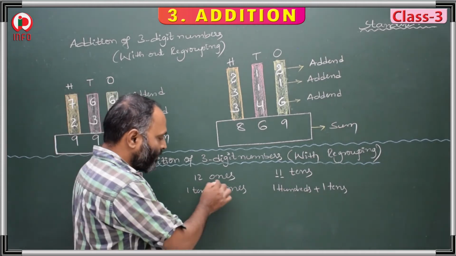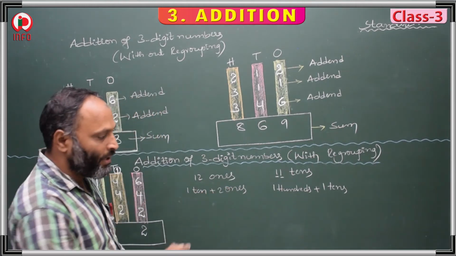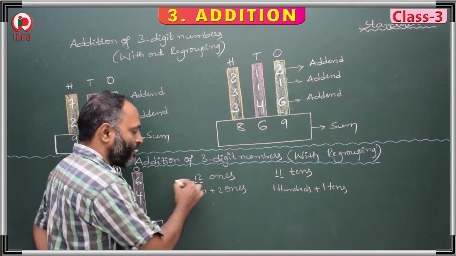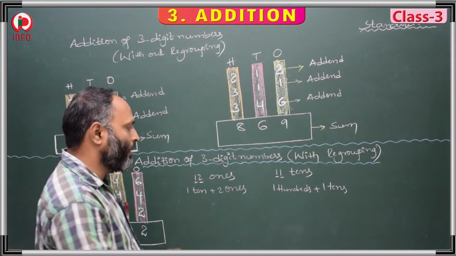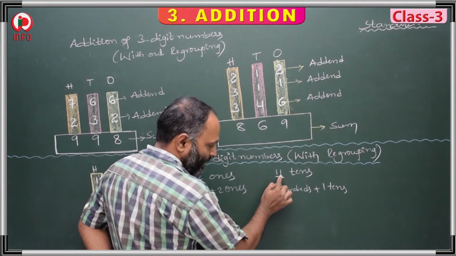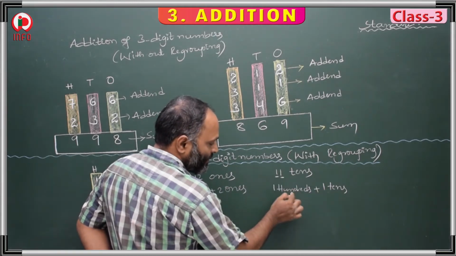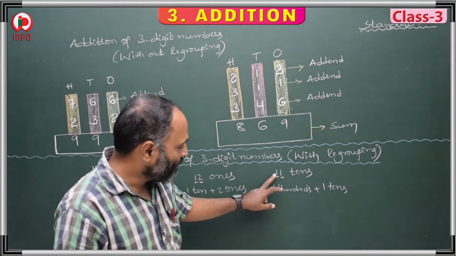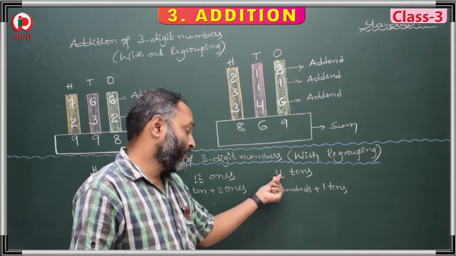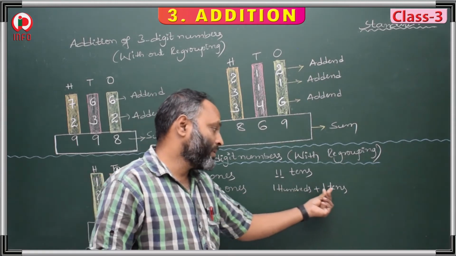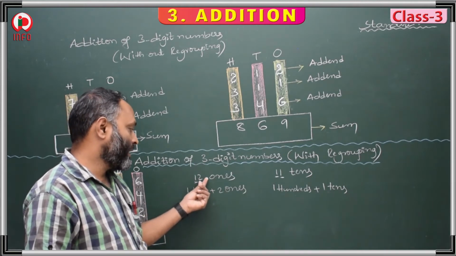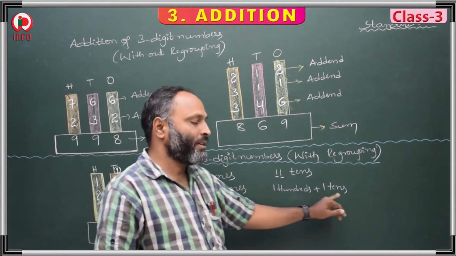If we are going to add the ones place, the first place value shows ones and the second place value shows tens. When we add tens, the first place value shows tens and the second place value shows hundreds. So this is the number of hundreds and the number of tens. In this way you have to remember. This shows hundreds and this shows tens. But when we add ones, this shows tens and ones. Tens, ones, hundreds, tens. In this way.